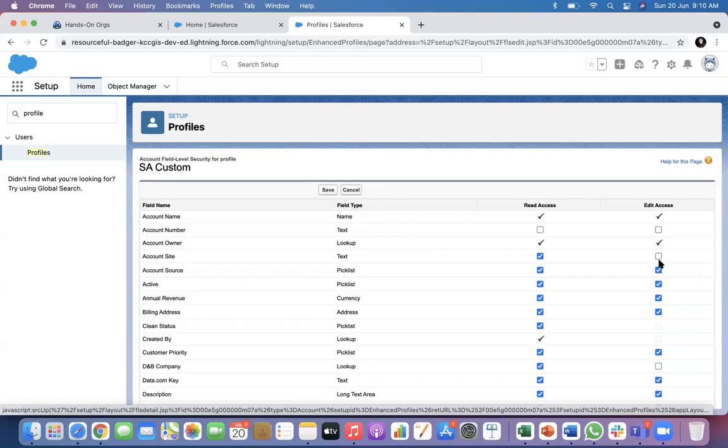If you disable edit access here, even if in the profile all other fields you will be able to edit, one field will be read only for you. That field value you cannot modify. When you hit the edit button, the layout will show all fields in edit mode except this field.